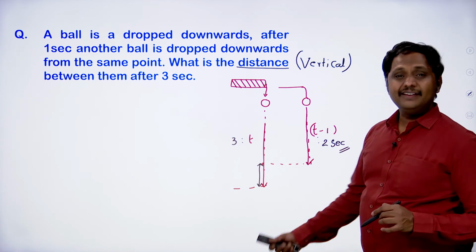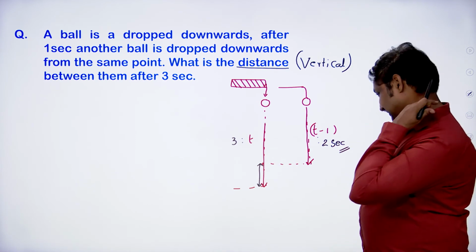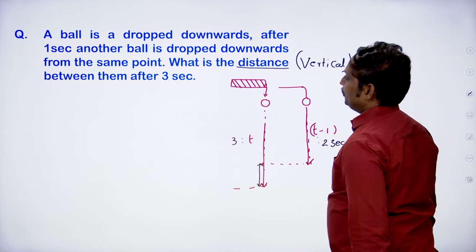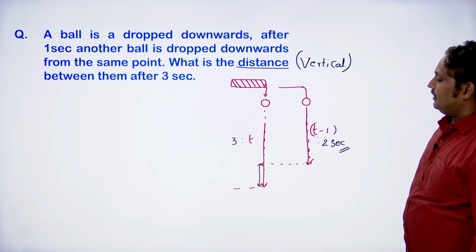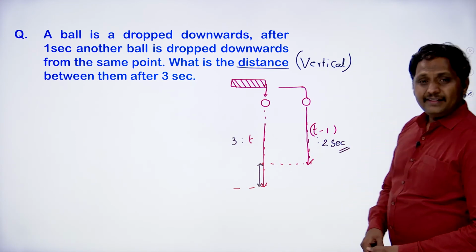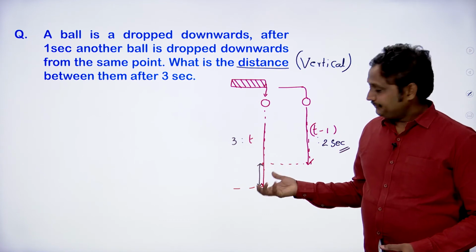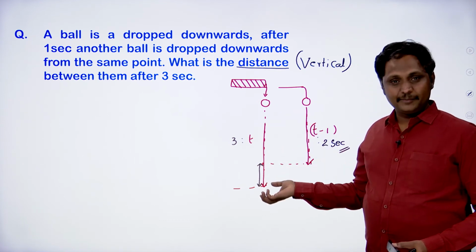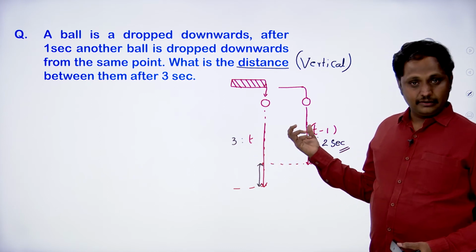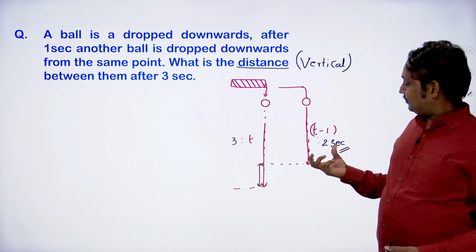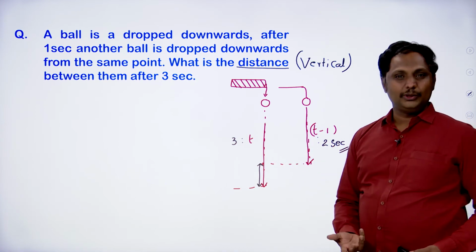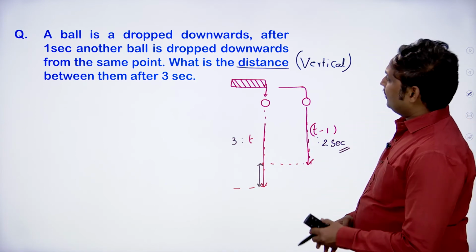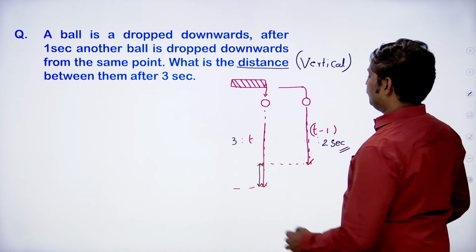Right, we can easily solve the problem, you will get that. You know the equation of motion; that is for the first one and the second one we will apply. In 3 seconds, what is the vertical displacement in case of the first one, and in case of the second one, what is the vertical displacement in 2 seconds. We just have to solve the problem, and then we can confirm that